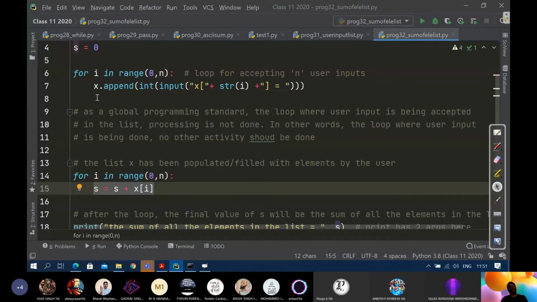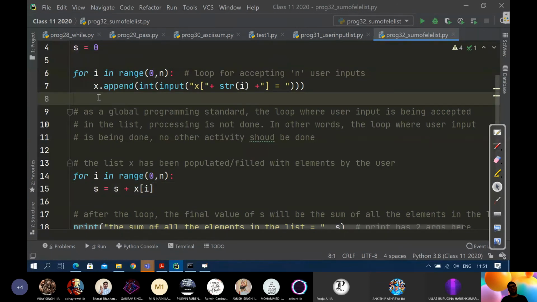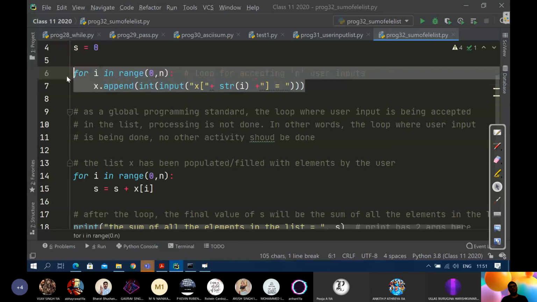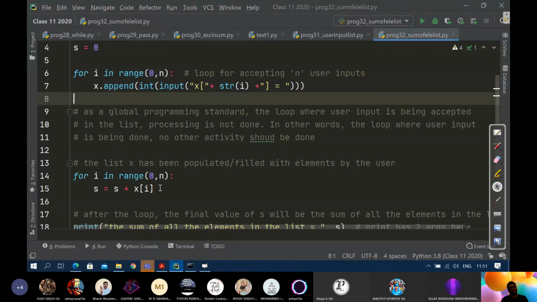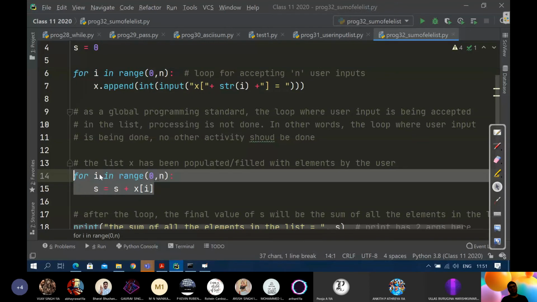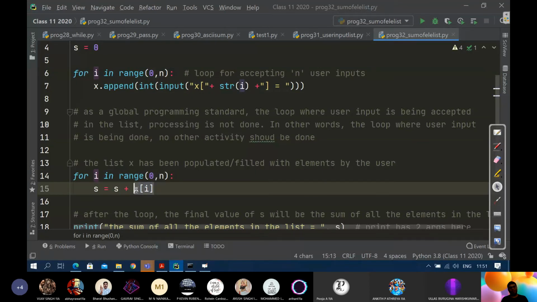So that is why we are not doing this same line. We are, एक line यहाँ लिख देते तो काम हो जाता. We could have written one more line here and that would have solved the problem. But because of this global programming standard, that where you are accepting the user input, no other activity should be done. Therefore, we are not doing any processing here, and therefore we are running the loop again. We are traversing each element one by one, and the moment we get one element, we add it to S. Next time we get another element, we again add it to S with the previous result, and then overwrite S. इस तरह करते करते traverse, you will be doing traversing, and each time you get a new element, you will be adding it back to S.